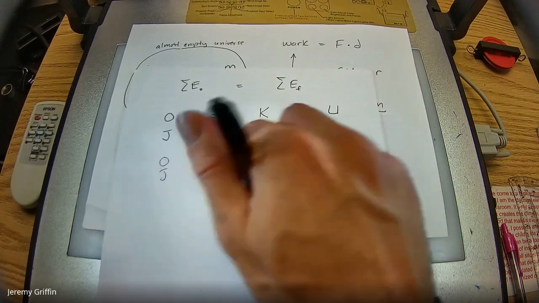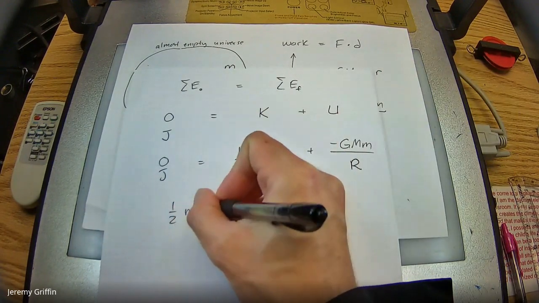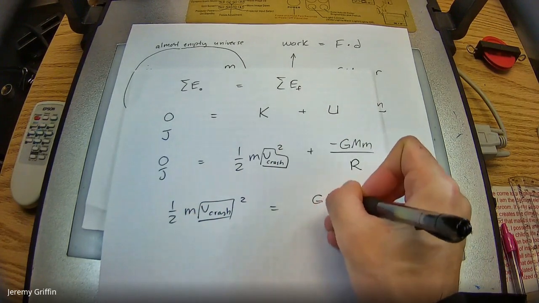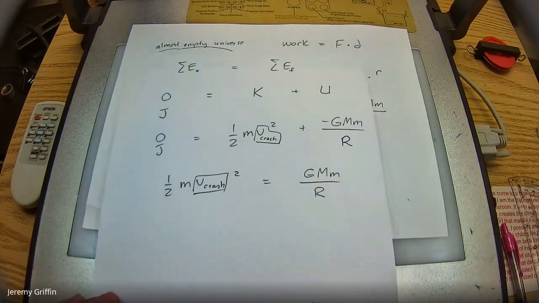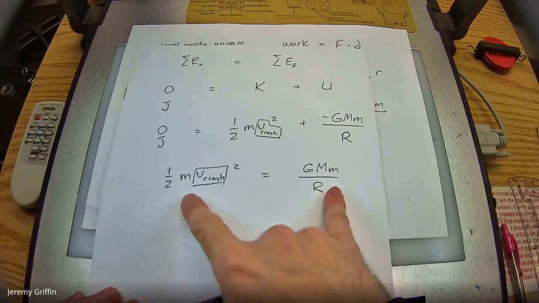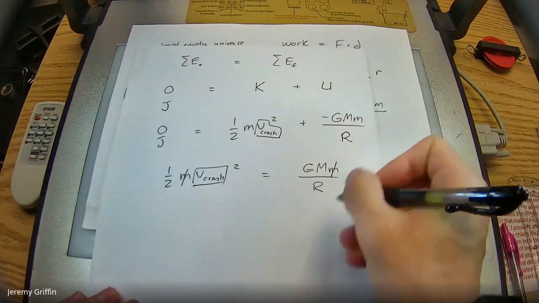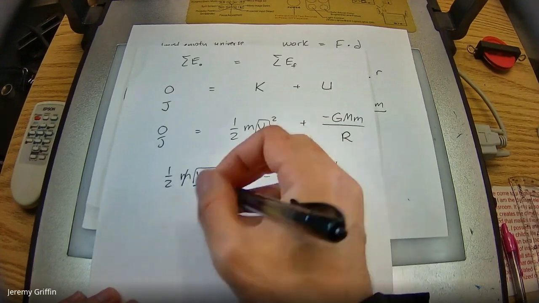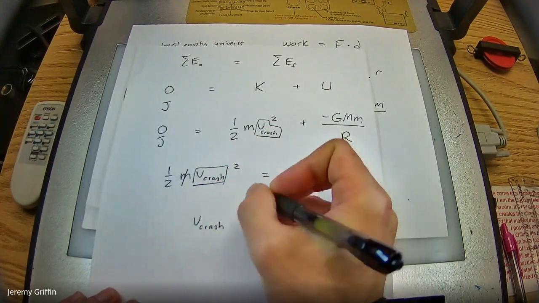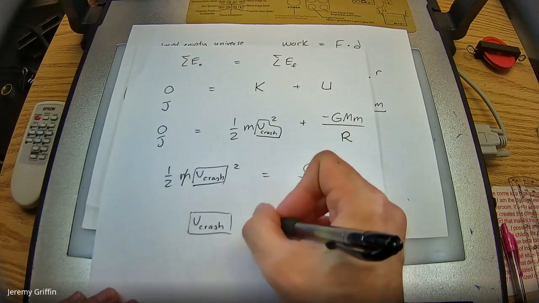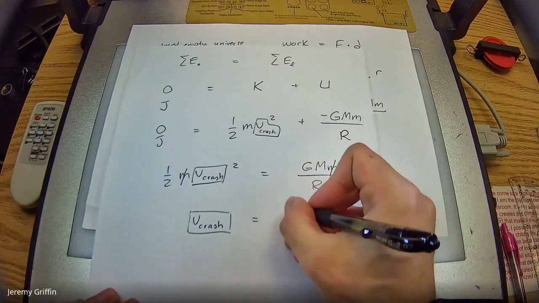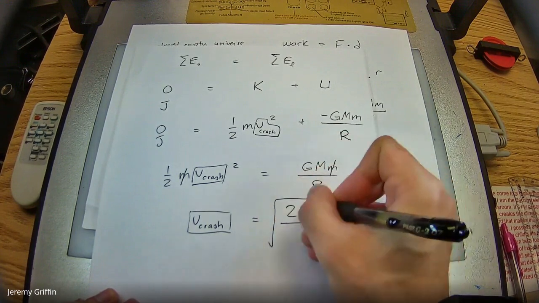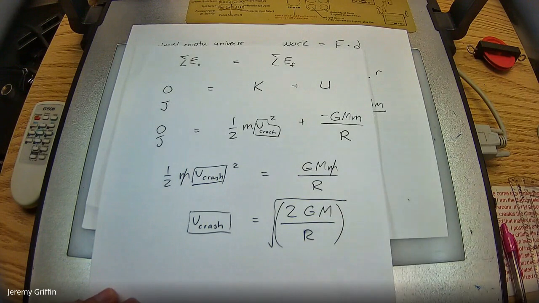So add the potential energy term over, get 1/2 m v crash squared equals GMm on R. Okay. Oh, what's going to cancel on both sides? Yeah, the little lab mass, as long as it's small compared to the planet. And cross multiply the 2, take the square root. Looks like v crash, right, here's how fast anything's going to crash land falling from the edge of space: 2GM on R, and then the square root of that. Okay. Oh, square root 2GM on R.